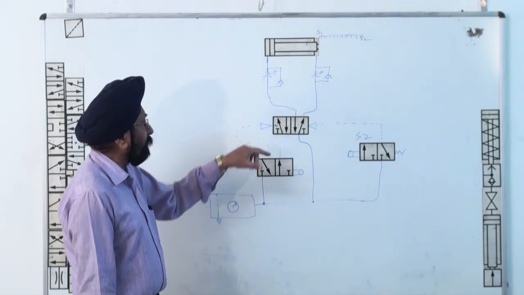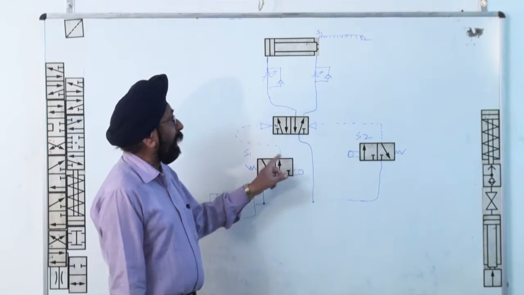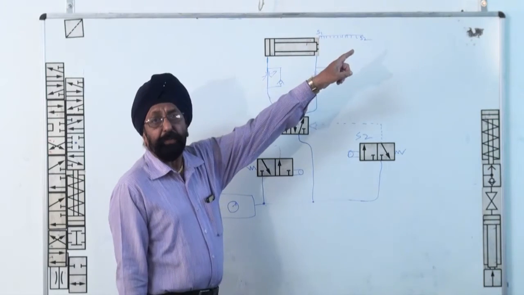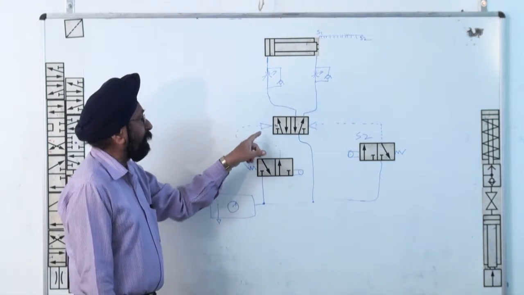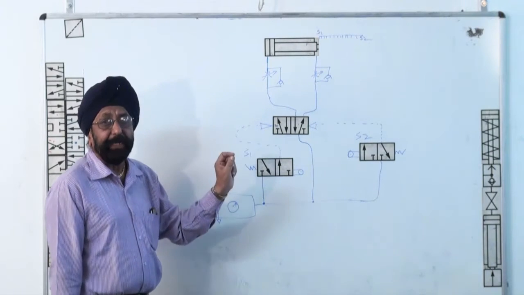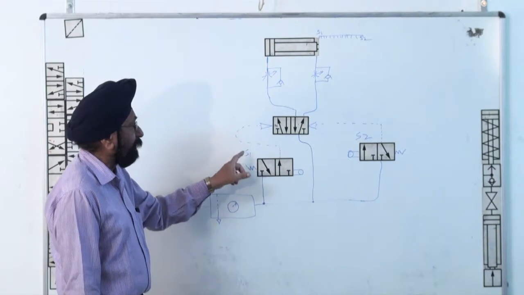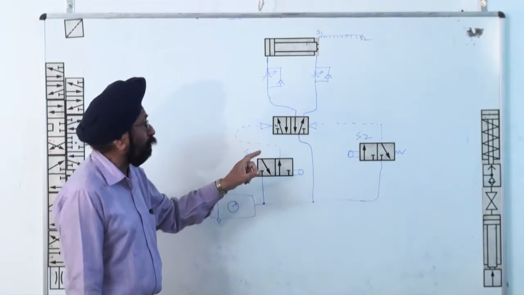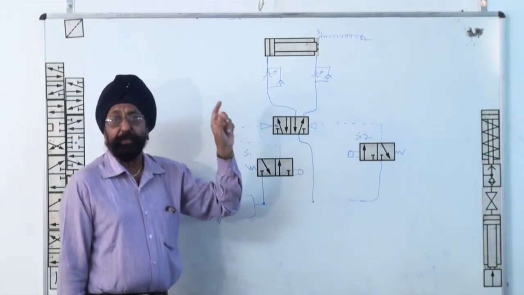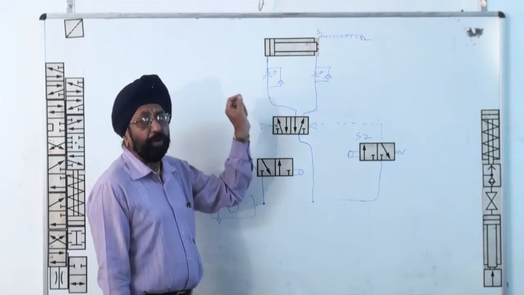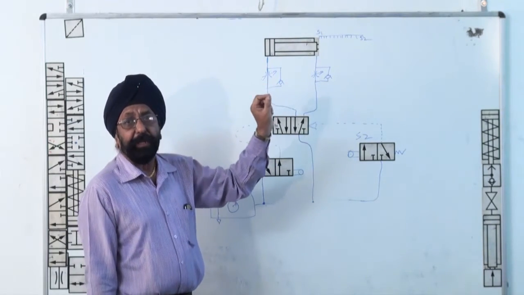In this circuit, these valves are shown here, but actually they are mounted on location, and this valve is a 5x2 valve which is controlled with the help of a pilot. This pilot is directly received from the S1 and S2 direction control valves. Here two valves are there which are known as meter in and meter out flow control valves for controlling the speed of my actuator.